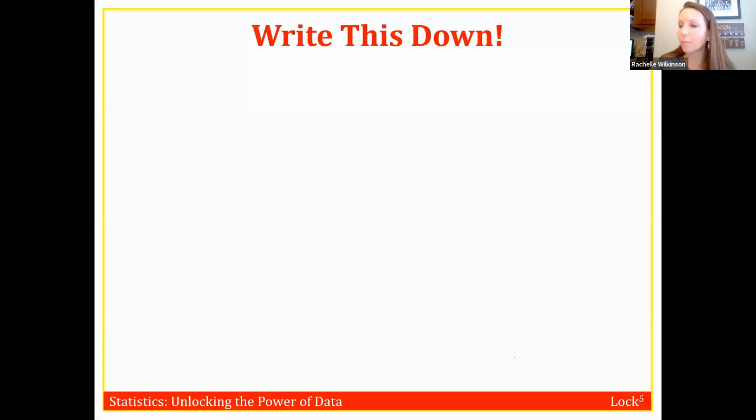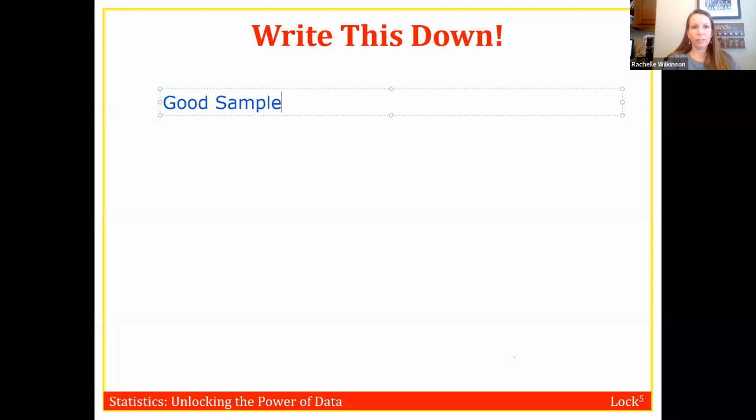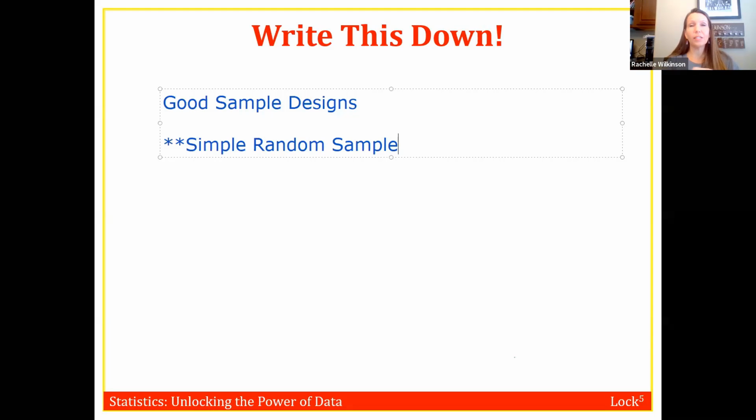All right, so let's talk about some good sample designs. The first one, and this is the one that you're really going to have to know by name, we're going to talk about it a lot in our class, is called a simple random sample. We talk about simple random samples so much that we're even going to give it a special acronym so that we don't have to say it all the way out all the time. Instead, we can just say SRS. So you can say, I took an SRS, and everybody will know,